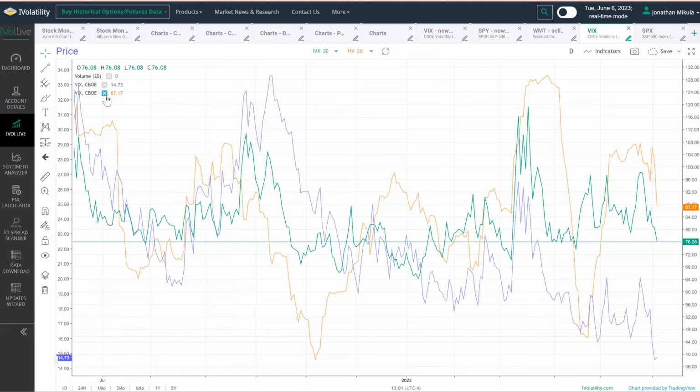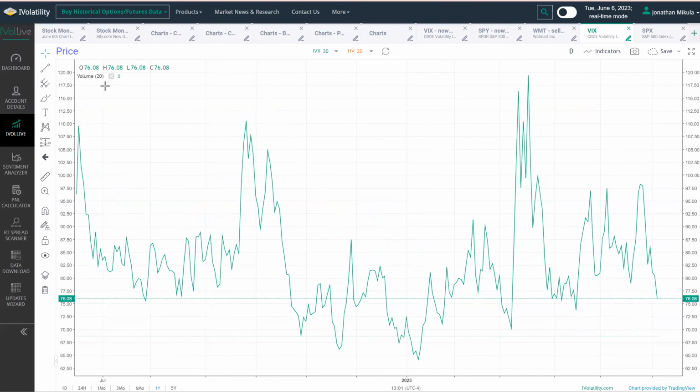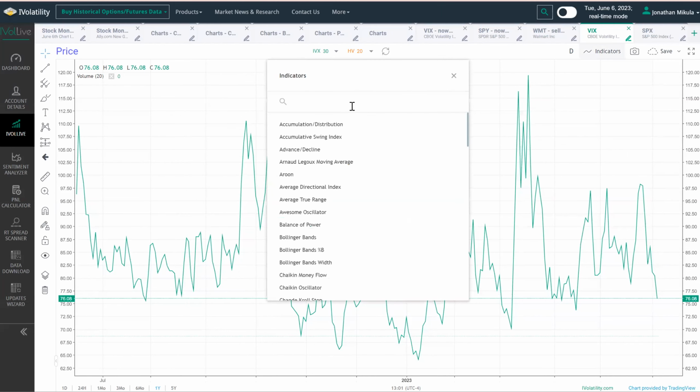But what I like to do is isolate implied volatility on the VIX. So this is like the fear gauge for the fear gauge. And I think it's super effective because the fear gauge on the fear gauge is going to tell you where the fear gauge is going next. And that's why I added this. This is just the implied volatility for the VIX, right? This is not historical volatility. This is not price. This is the underlying implied volatility,